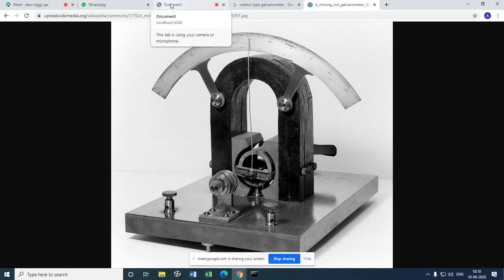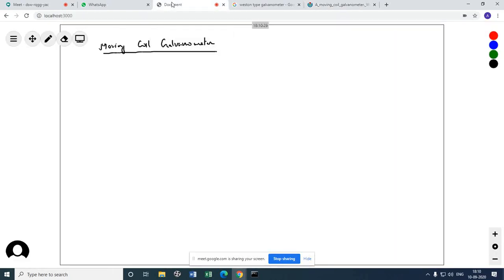You can draw this, but the one which you have to draw in the exam will be something like this. So let us write the moving coil galvanometer. What is a moving coil galvanometer? A galvanometer is a device